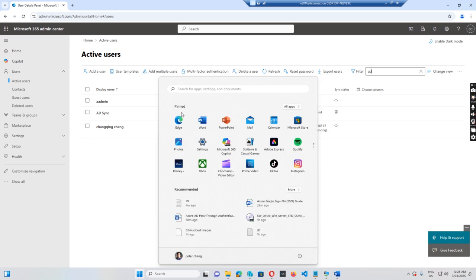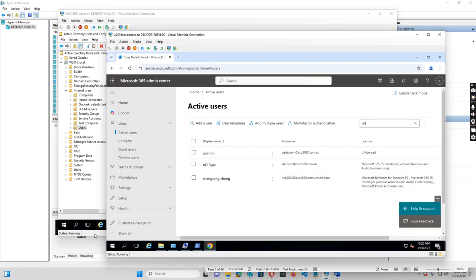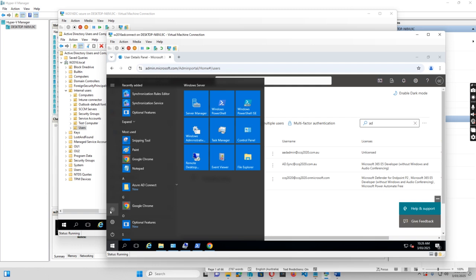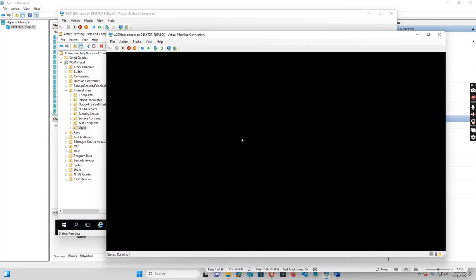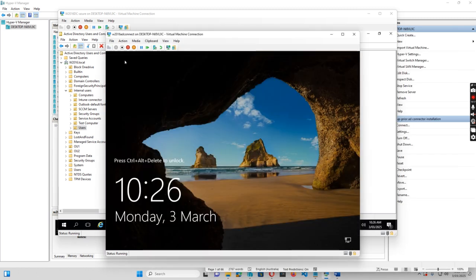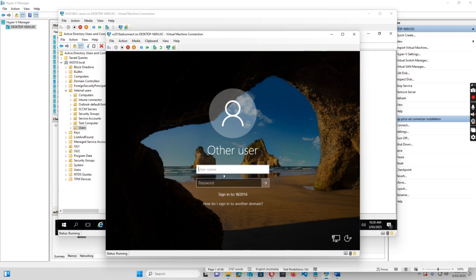Let's see how, if I log in as a user, what I want to do is sign out as admin from this server and sign in as the test account, to see if the pass-through authentication works or not. Because I select the pass-through and also the single sign-on,